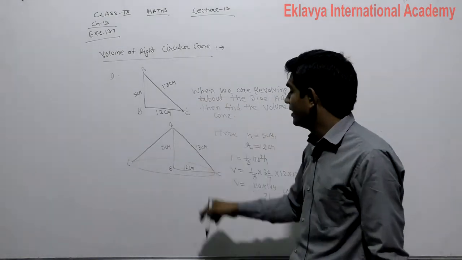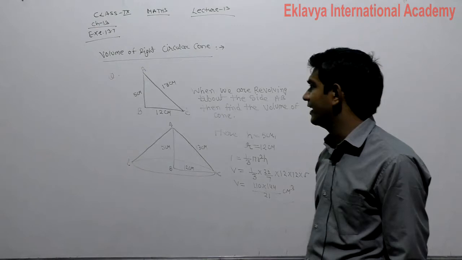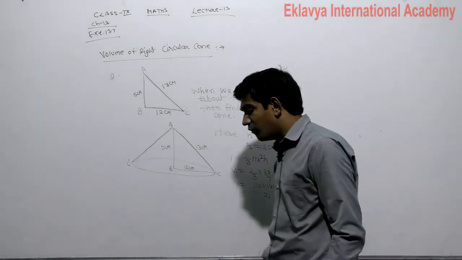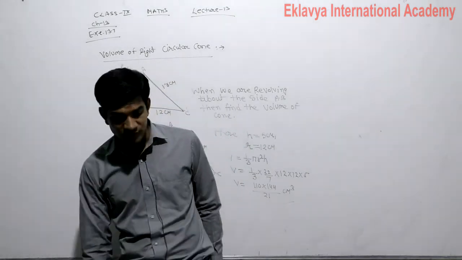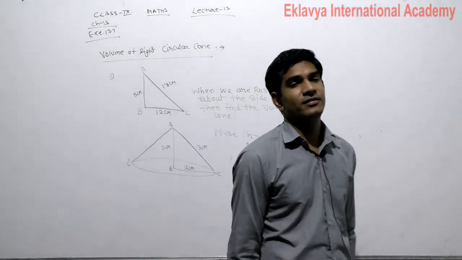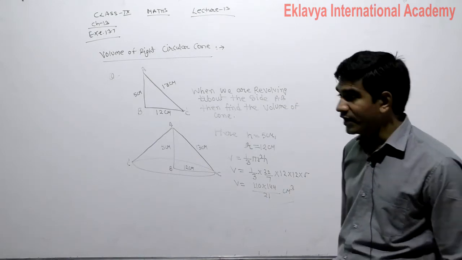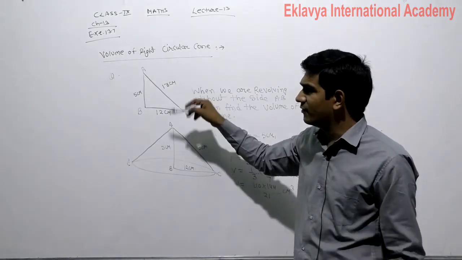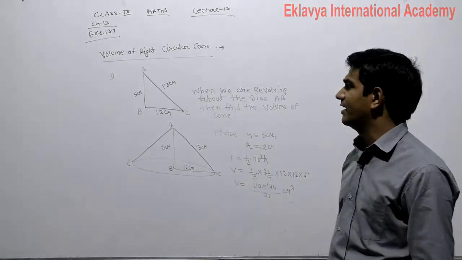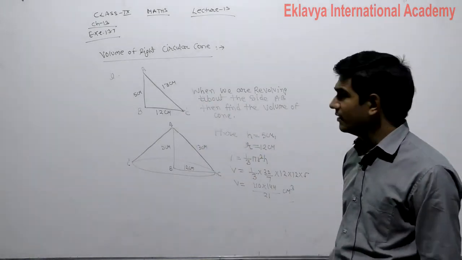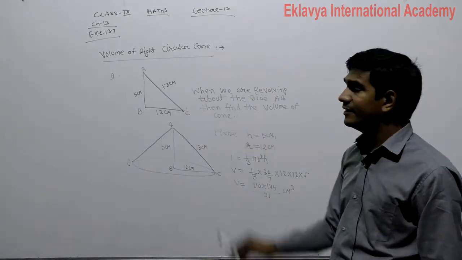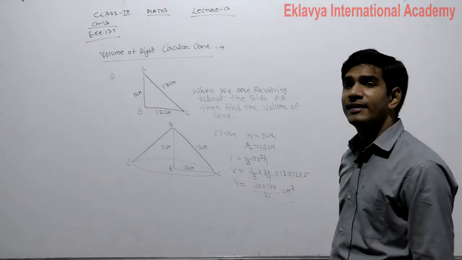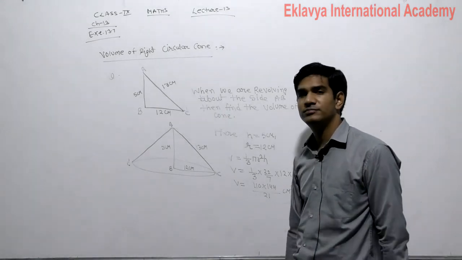Second question, when we are revolving about the side BC, then find out the volume. Also find out the volume of both cones in both cases. आपको रेशियो भी कैलकुलेट करना हो सकता है. Firstly when revolving about AB, second when revolving about BC. जब AB के along रिवॉल्व किया है, then what is the volume? BC के along रिवॉल्व किया है, then what is the volume?